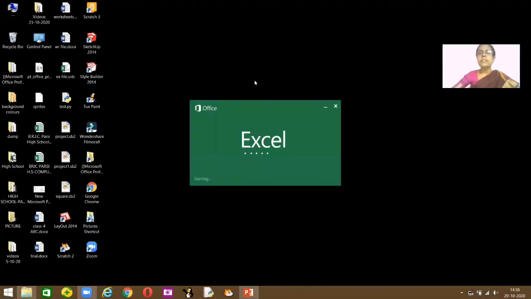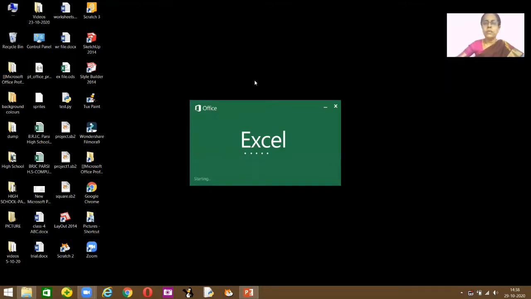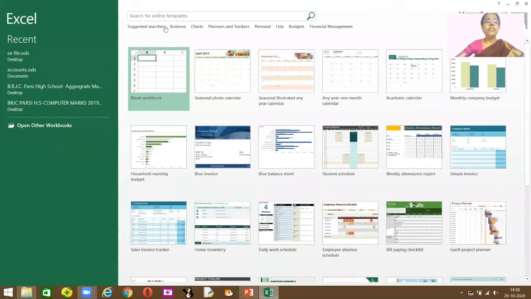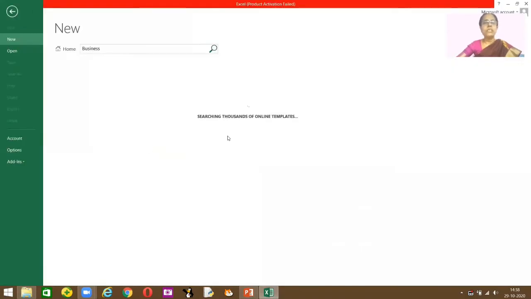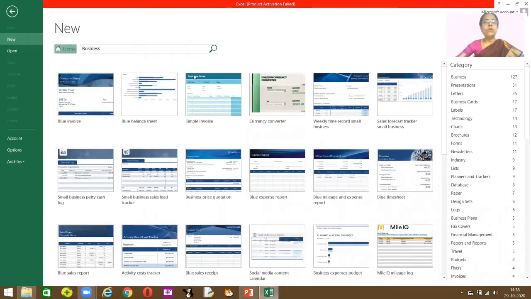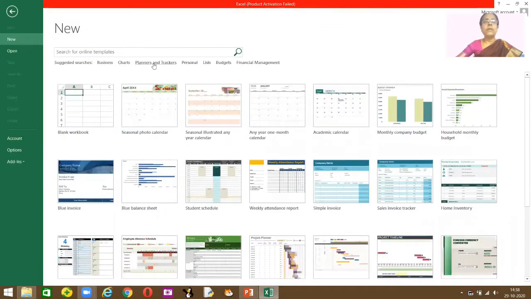This is your Excel worksheet, which has different templates like you have for Word. Here it gives you very different suggestions like business, and these are the business type of worksheets that you have, and so on. When you go to the home, you go back to whatever things you want, like a planner, you can select a personal or any list, budget information. So there are different templates for different things.